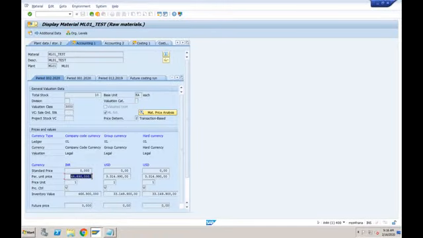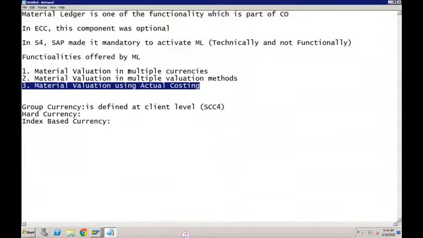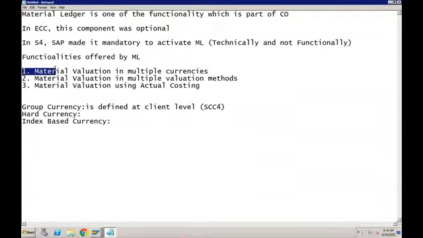Okay, so this is the price in INR, this is the price in USD, and this is the price in hard currency. In this case, we activated these three currencies. That is the reason we are getting the parallel valuation in multiple currencies. So this was the example of the first functionality within material ledger. Material ledger allows you to have the material valuation in multiple currencies, up to 3 currencies. Okay, coming